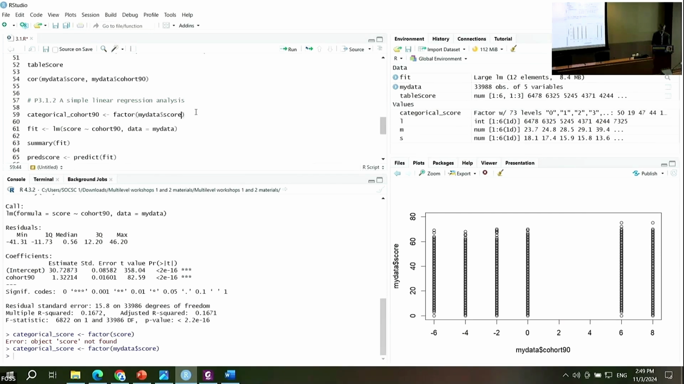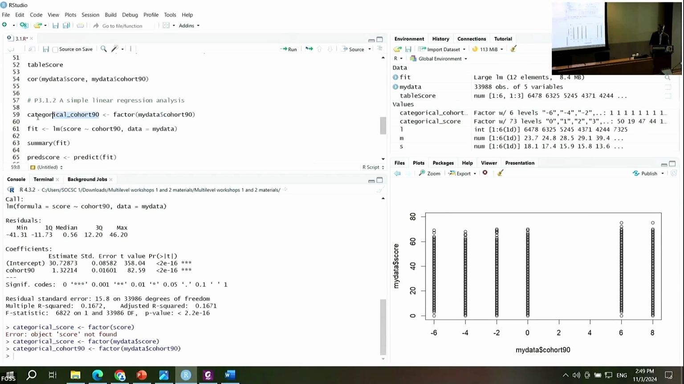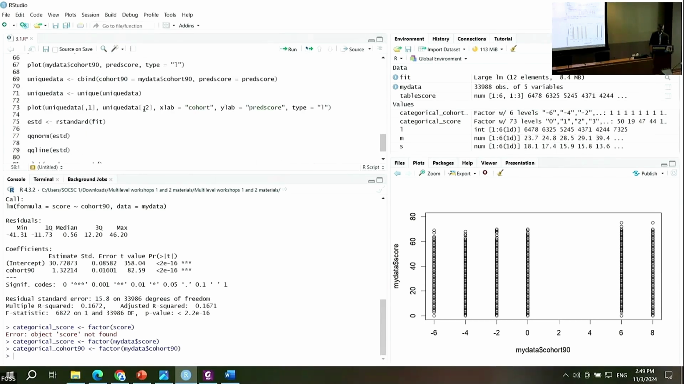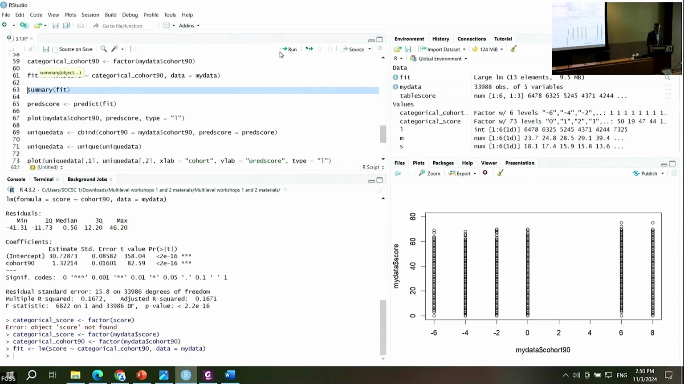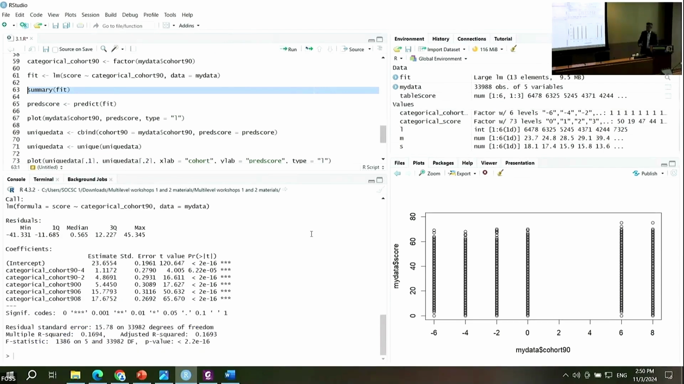Factor cohort 90. So we want to generate a categorical variable of cohort 90, and then replace our linear regression model explanatory variable with that. So instead of cohort 90, I'm replacing the explanatory variable by categorical cohort 90. If we run this linear regression model and see the fit data, you can see that it's generated the